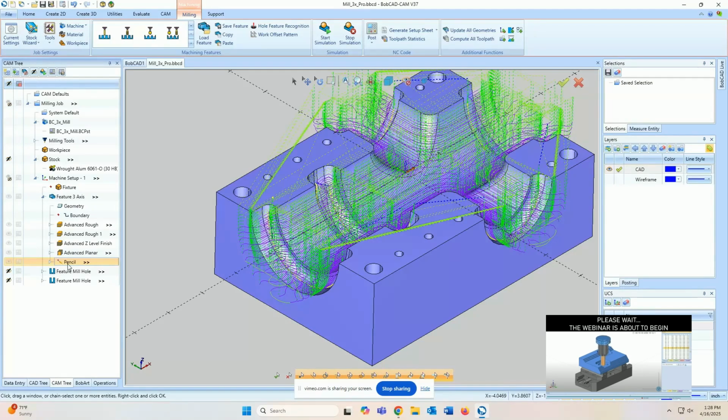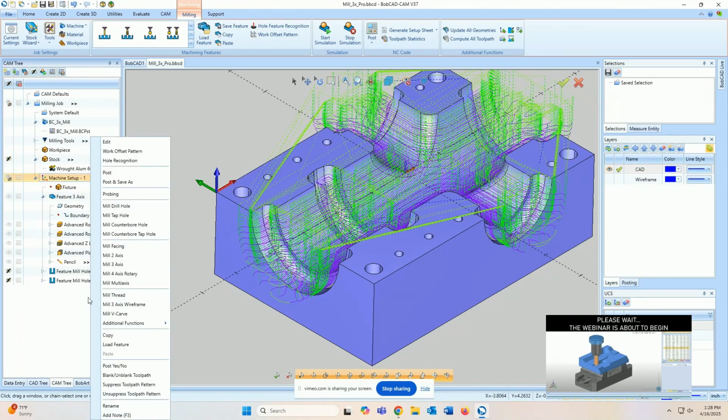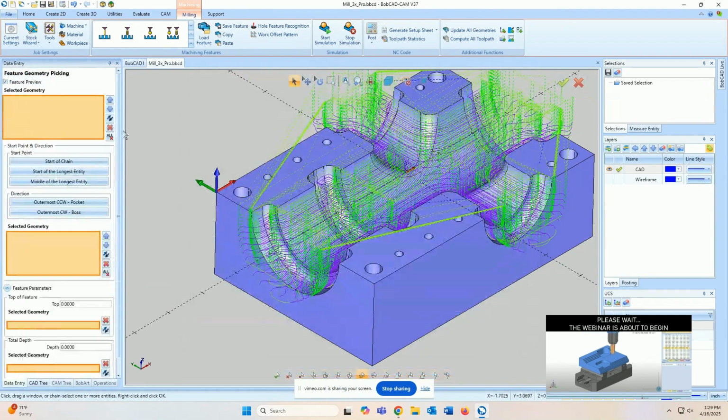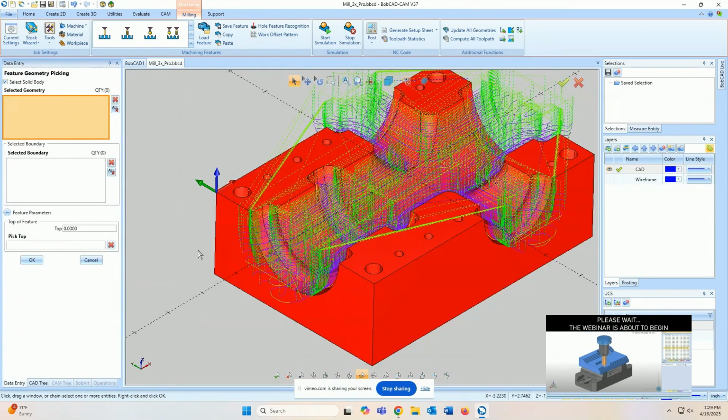Let's see what's next. We have the adaptive toolpaths options. Let's go to the feature 3-axis again. And basically how we create this in the Mill 3-axis Pro was by going to Machine Setup 1, we go to Mill 3-axis, we select our geometry by just selecting the solid model, and it's going to rough out everything in here. We actually have an option to avoid holes,